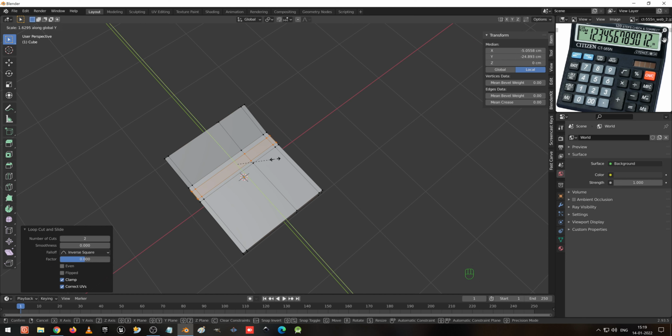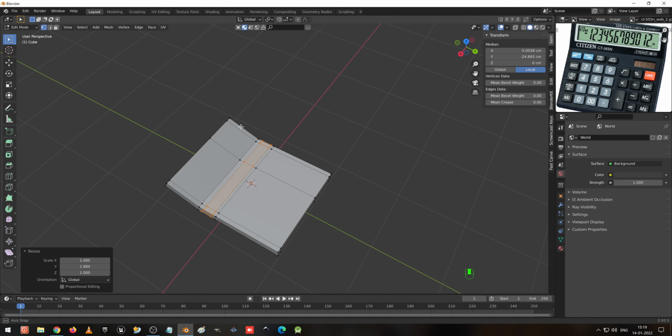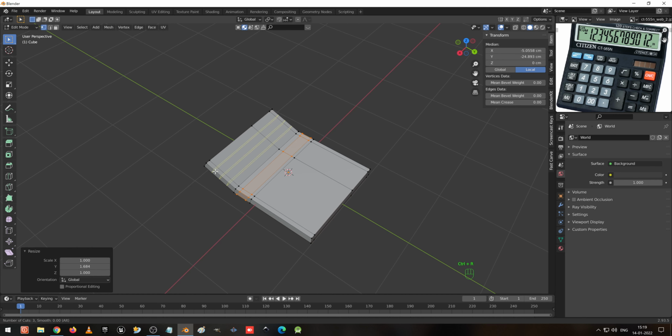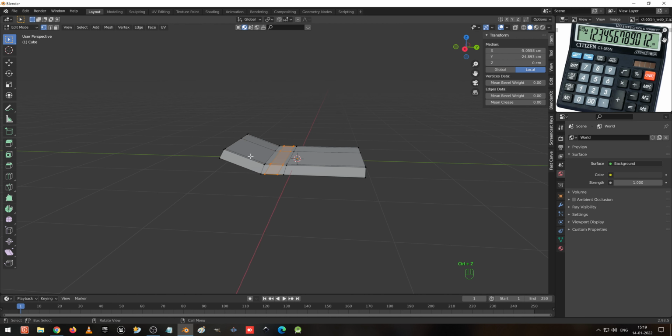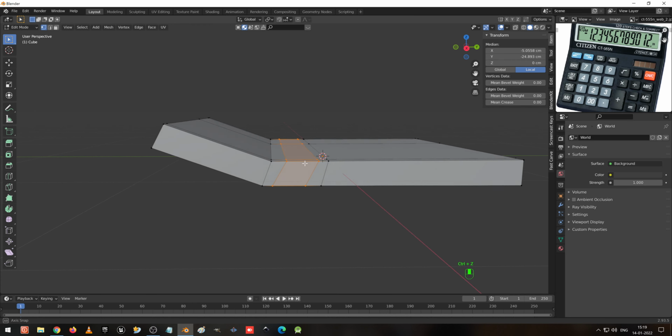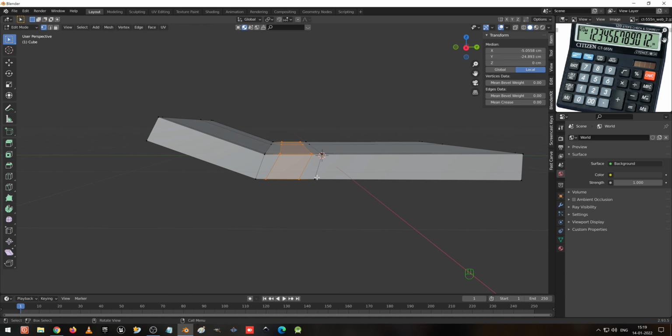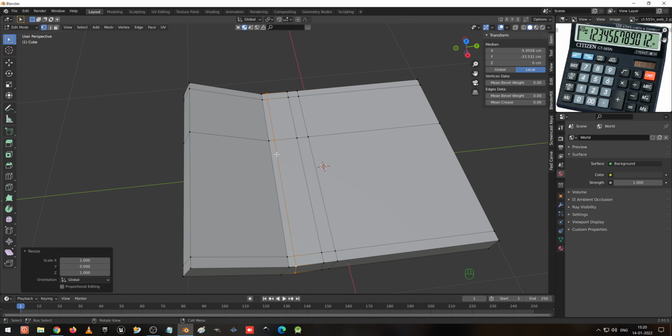Okay, this looks better, and here also you can create 2 edge loops. Instead of creating like this, here you can see it's not created correctly. So I select this one, scale it in the Y axis to 0. So now it has been aligned correctly.